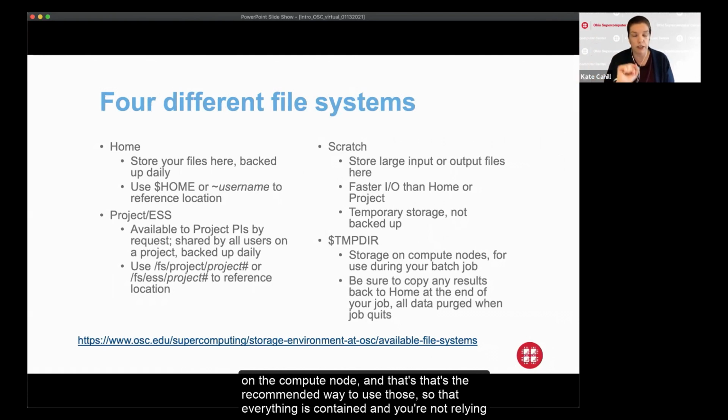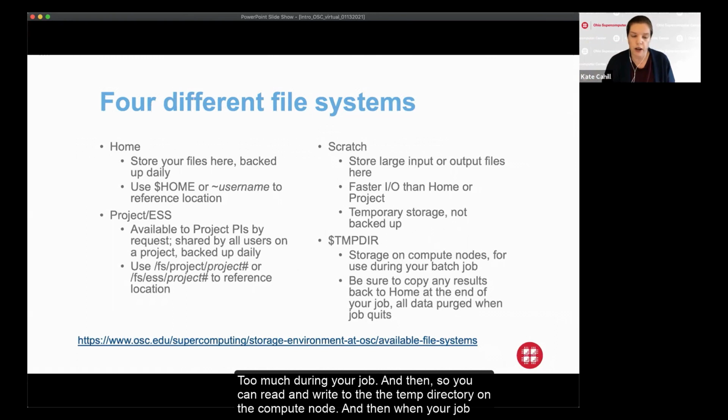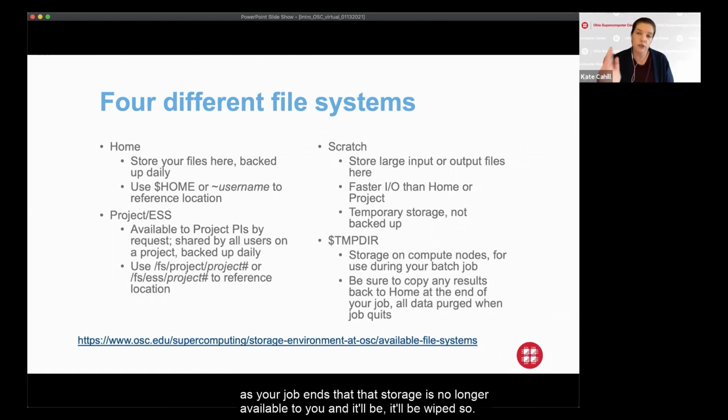That's the recommended way to use those, so that everything is contained and you're not relying on the network too much during your job. When your job ends, you have everything copied back to your home directory so that you have your results. Because as soon as your job ends, that storage is no longer available to you, and it'll be wiped. So that's only available for that window when your job is running.